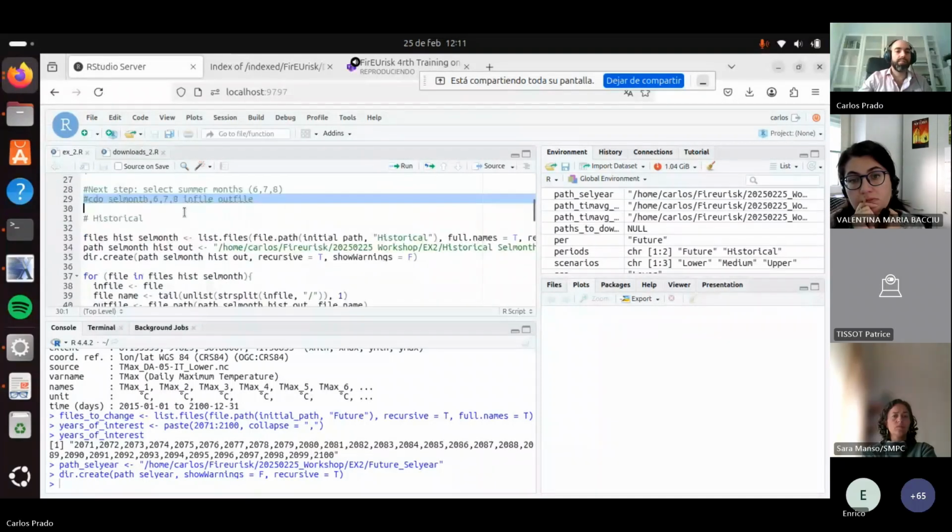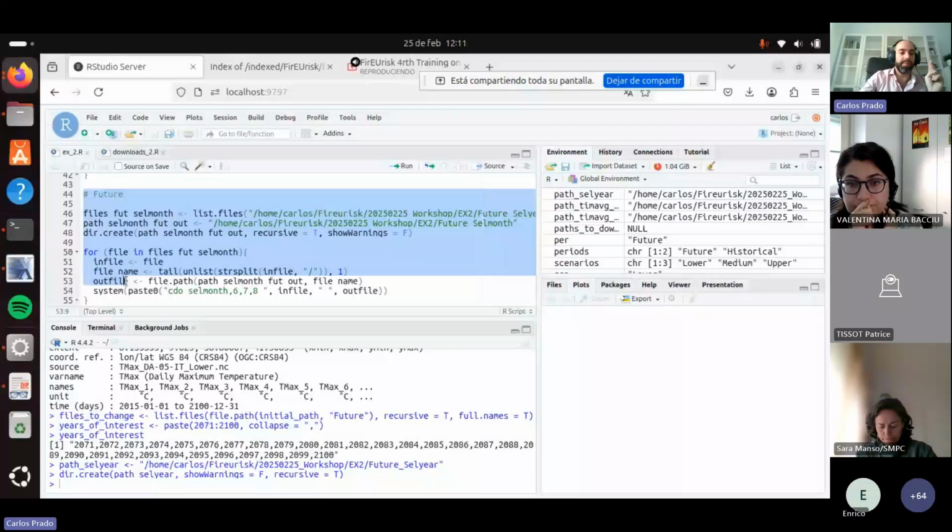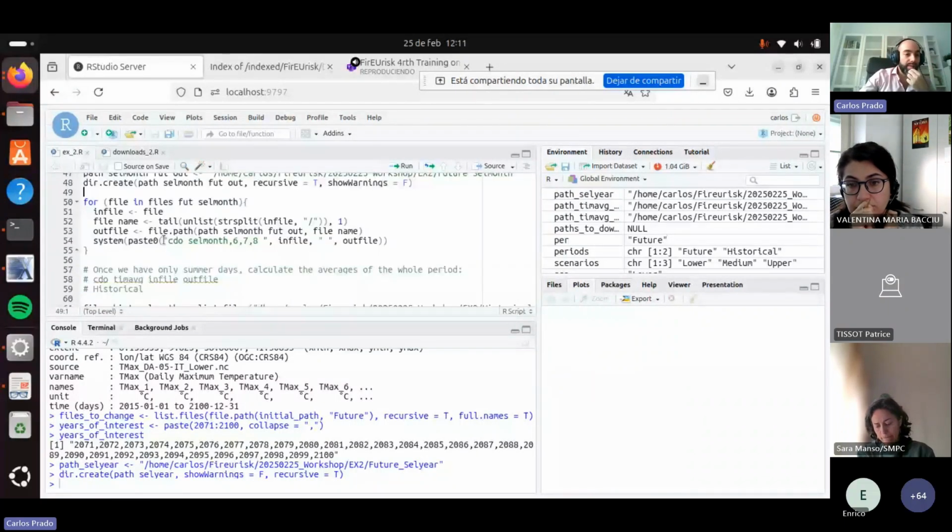Here we do 2 loops. First one for historical data, second one for future data. On this loop, we have applied with the command system. We have defined, first of all, the input file, secondly, the output file, and